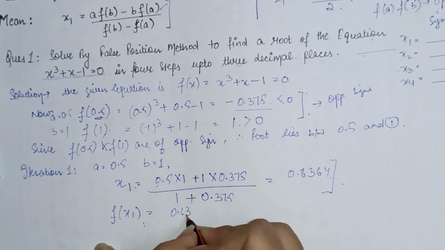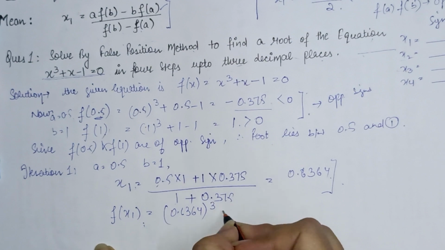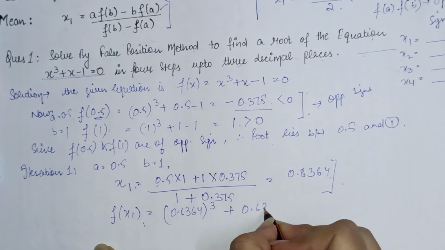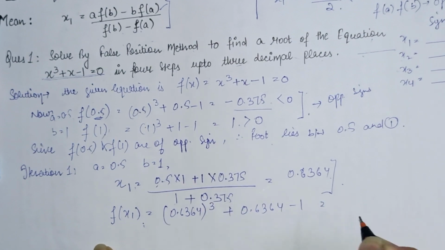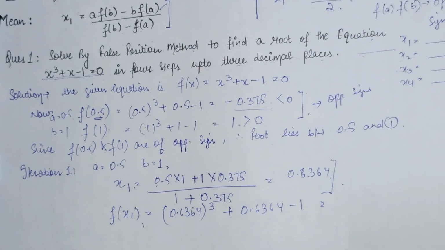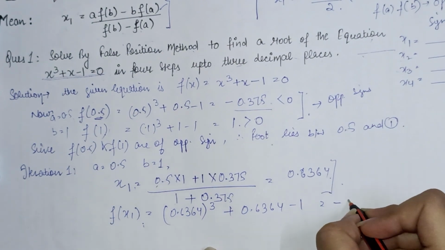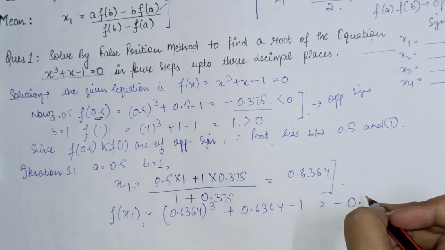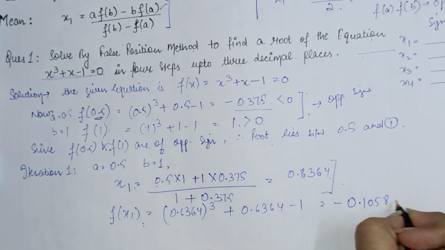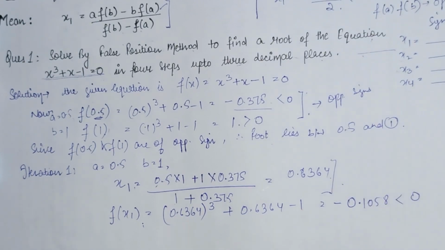In the given equation, it is 0.6364 whole cube plus 0.6364 minus 1. We get the answer minus 0.1058, which is less than 0. Now f of a